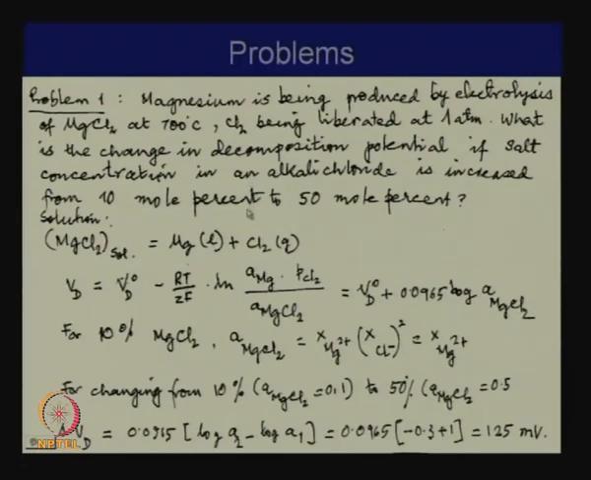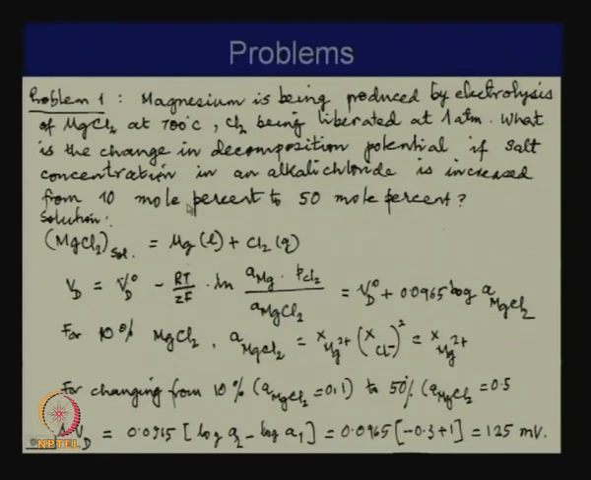Now, it should be quite obvious that decomposition would be easier when there is more magnesium chloride, when it is 50% than when it is 10 mole percent. It should be obvious, but you have to calculate that. We write the decomposition potential in this manner, MgCl2 in solution giving you magnesium liquid and chlorine gas. The decomposition potential for that can be written as V_d naught, which is the standard decomposition potential for pure salt, minus RT by zF,